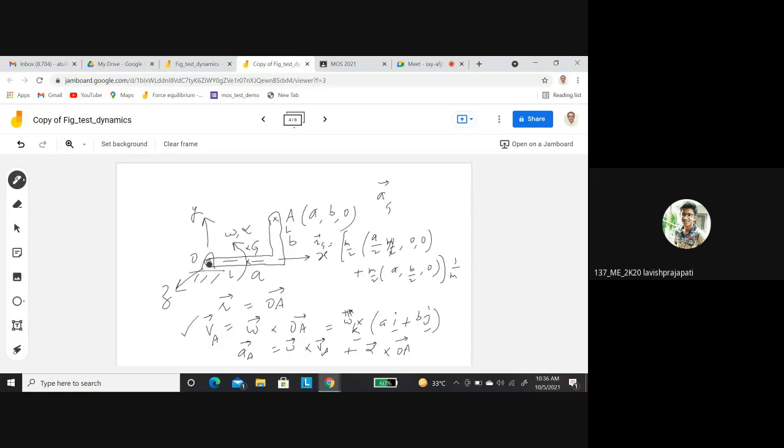Okay. Now, this part of the rod is at a distance A. So the centroid has to lie on this line at position A. And it will be again in the middle of this bar. So the y coordinate has to be b by 2. And the z coordinate is 0 because this bar is in the xy plane. Any problem? So both of the masses are m by 2, so you are multiplying it.